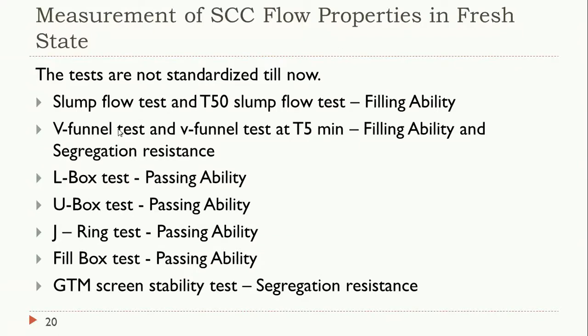Okay, so just like slump gives the stability of concrete in normal conventional concrete, the compaction factor gives the compactability, whereas the VB consistometer gives the mobility as well as the compactability. So none of the tests in normal conventional concrete measures all the workability properties. Okay, we have discussed that. Similarly in SCC also, none of the tests gives all three properties of SCC. Some tests give the filling ability of SCC, some tests are used to find the passing ability of SCC, and some tests are used to measure the segregation resistance of SCC. So none of the tests gives all three properties.